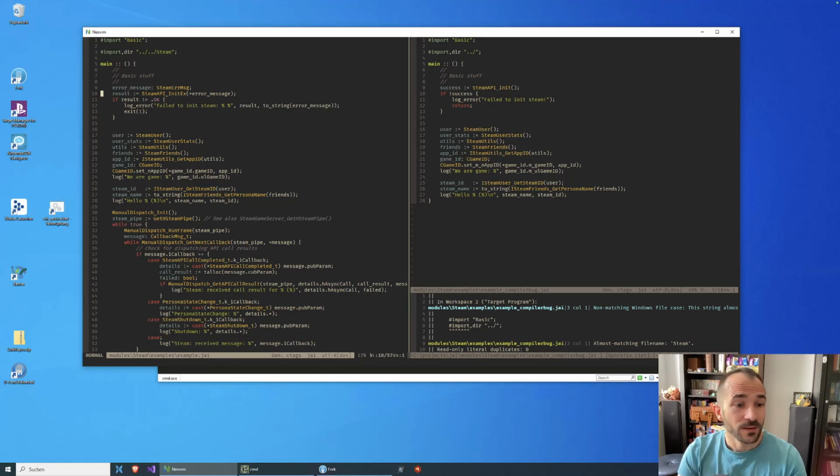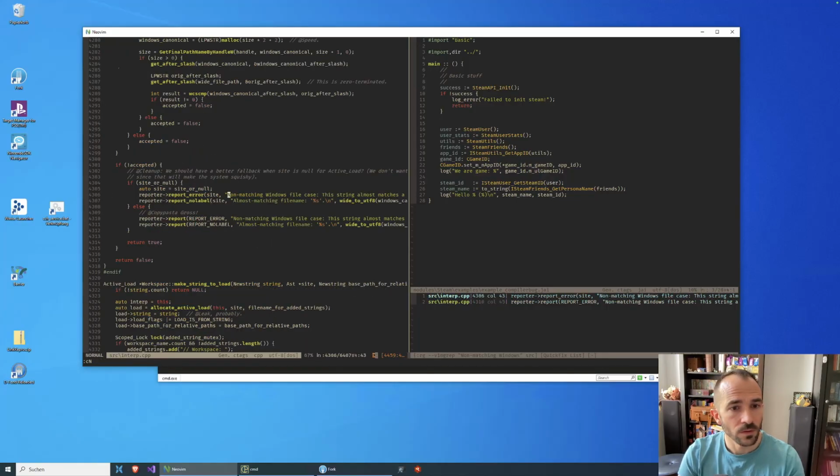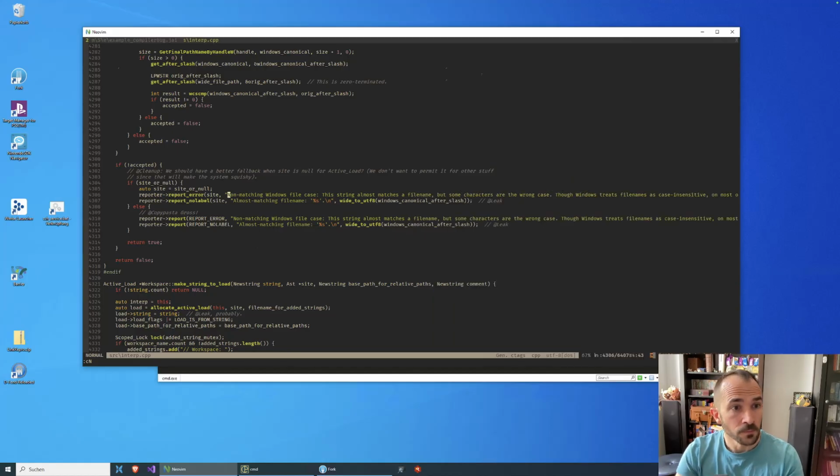Okay, we actually wanted to say ripgrep non-matching Windows something and see where this happens. Oh, we have two of those. Which one is it? What's the difference?